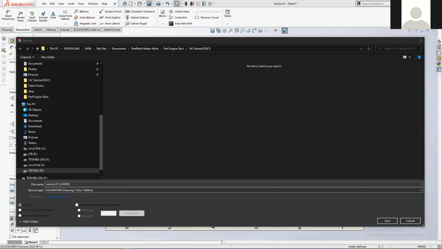Yeah, clear all drawings. So what it does by default is it gives the drawing the same name as the part file that it is a drawing of. And I suggest you keep that as the default setting. It gets really confusing if you start giving the drawings a separate name to the actual part that it is a drawing of. It's far simpler if you just leave it as what the system defaults to, which in my case is revolve01. But it won't overwrite the part because they've both got a different